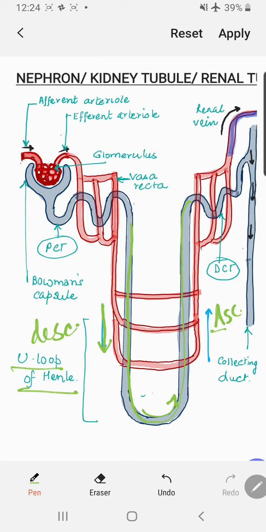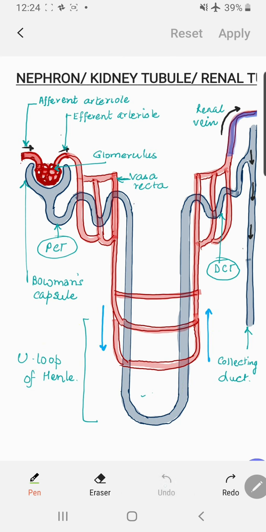Loop of Henle remains common. It's just that descending limb and ascending limb. Please take care of this, that these two limbs are present in loop of Henle, right, children? Then the loop of Henle goes up, and again the second convolution. I hope now you understand. That's the distal convoluted tubule, and ultimately this distal convoluted tubule joins the collecting duct.